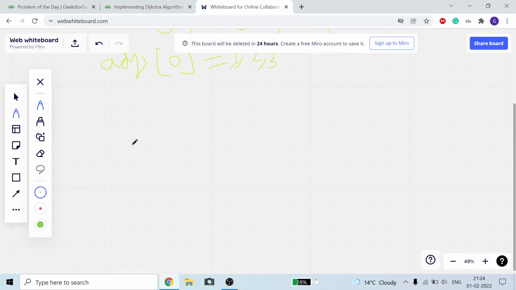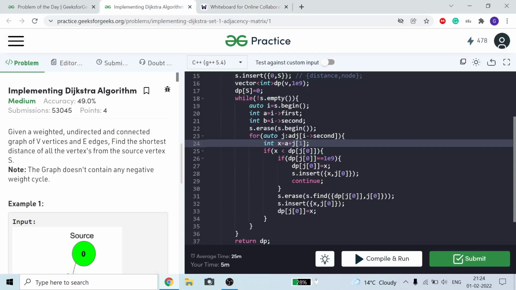Like if this is our source node, this is our current node B, and this is our other node x, the cost of here is equal to A, and the cost of this is equal to j1, as you can see.